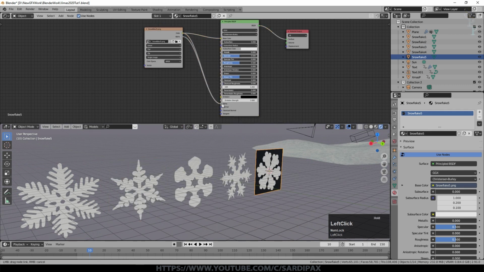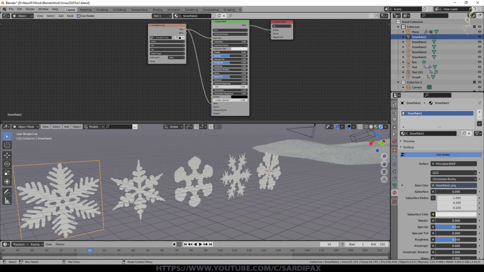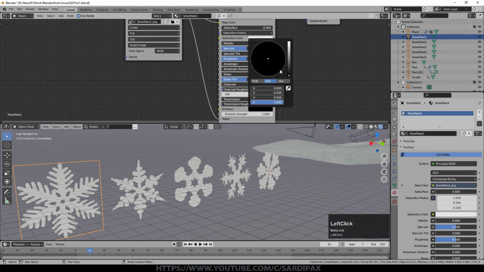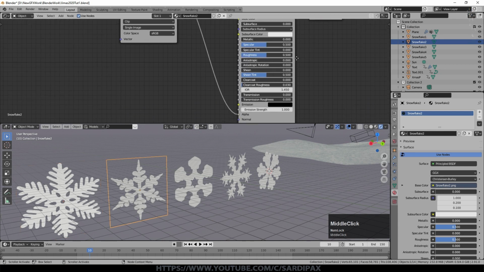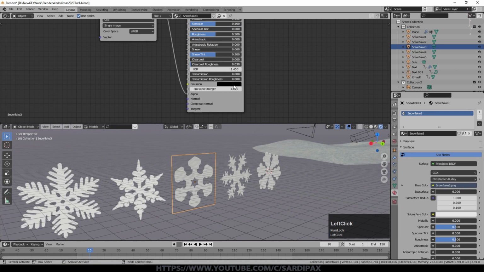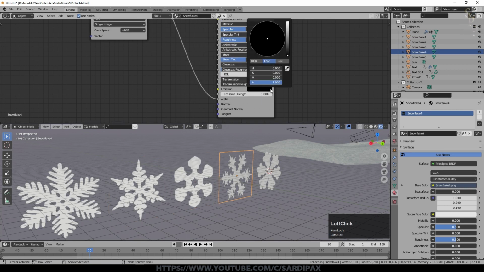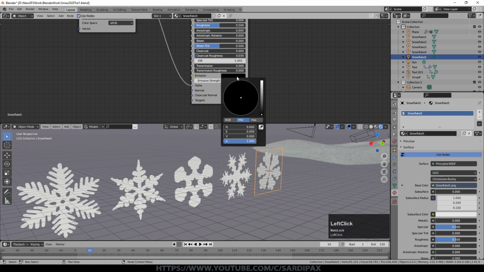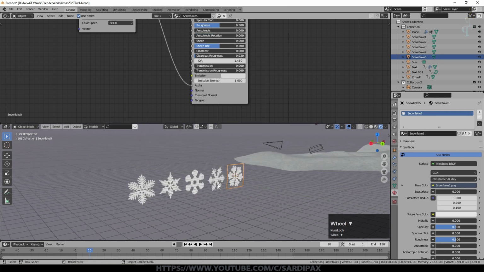And I wanted different snowflakes rather than them all look the same. And the other thing I did, because I felt the snowflakes weren't bright enough, is add a little bit of emission. So you can have it full white or just some way off that. And it's just basically putting an emission color. And you can of course play with the strength of the emission as well here. It doesn't matter that the whole thing is being set to an emission color because it's got this effective alpha mask on it. So we've now got our snowflakes.